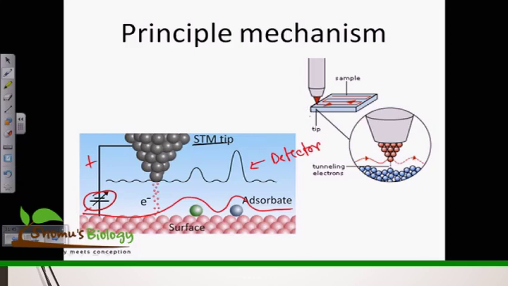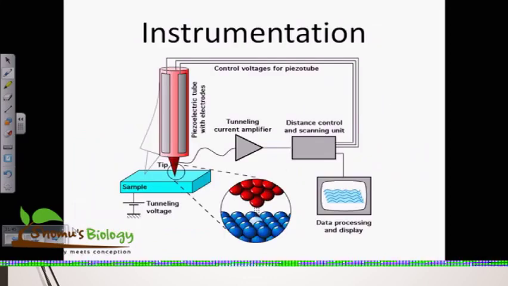So what it uses here is the property of the electron as a wave, for the electron to be inserted into the surface of the sample so that the current flow is possible, right? So that's how the whole process of scanning tunneling microscopy actually works. And this is the instrumentation of scanning tunneling microscopy. As you can see here,